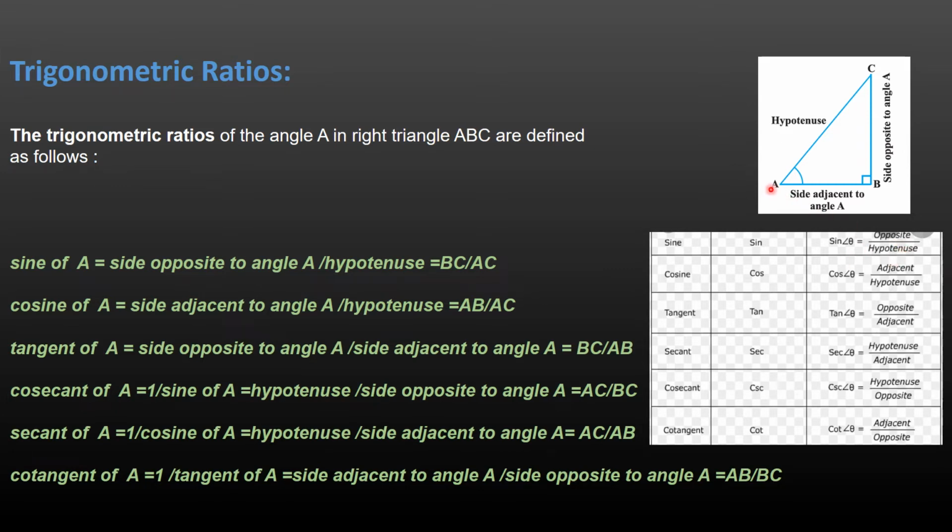So if you are considering sine A, sine of angle A is nothing but the side opposite to angle A, which is BC, by hypotenuse, which is AC. So if you see here, sine of angle A is the side opposite to angle A by hypotenuse. So the ratio becomes BC upon AC. Similarly,